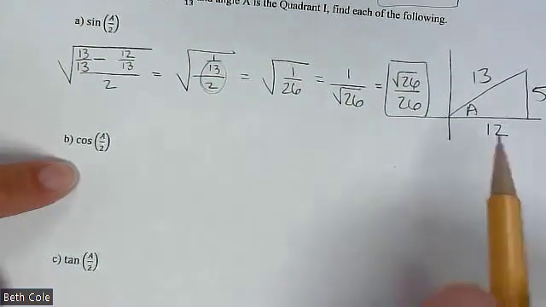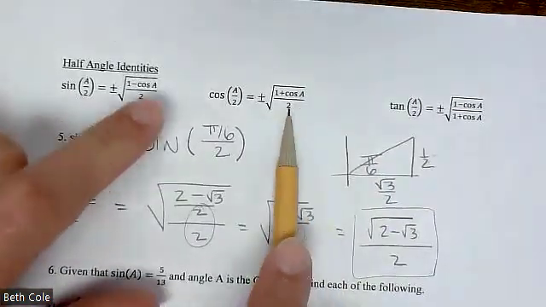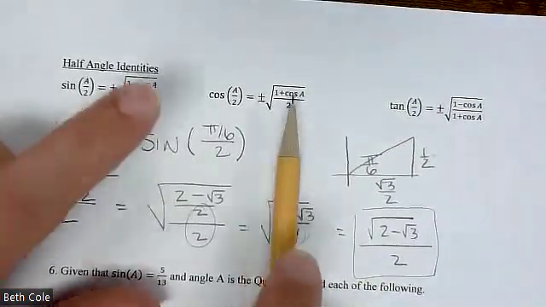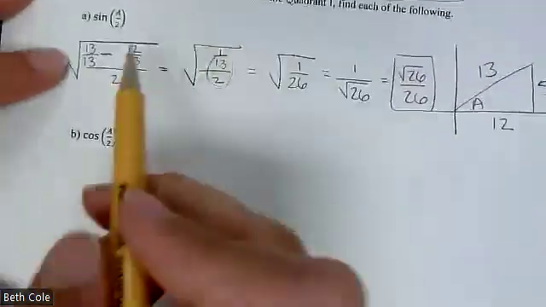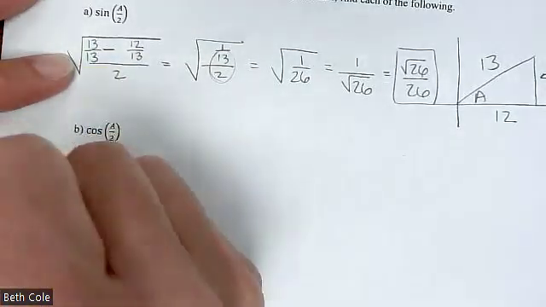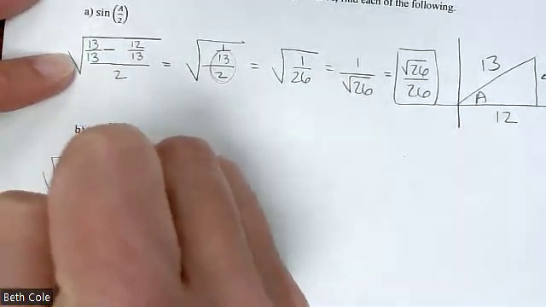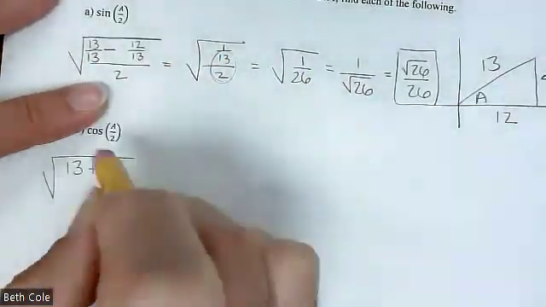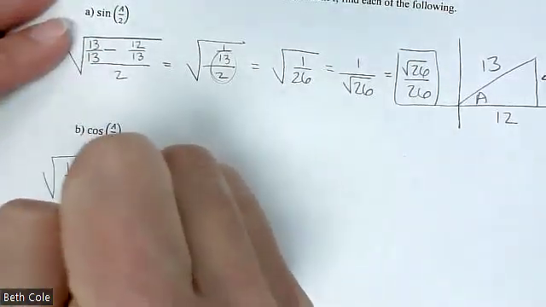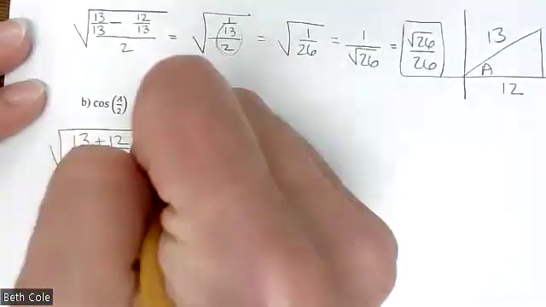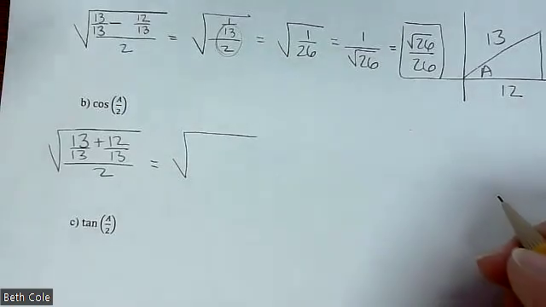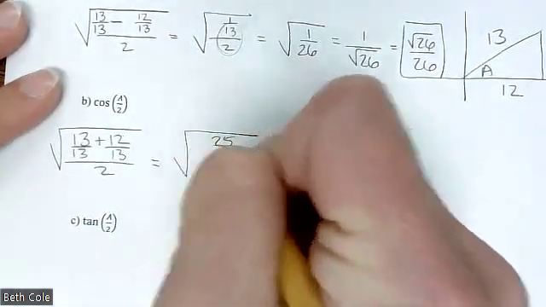Good news for this one, because look at the 2 formulas. What do you notice about these? Compare them. It's the exact same thing, but that has a plus. So what you're going to do is recopy this, but just put a plus in it. And it's going to turn out, you know, a lot the same. So it's going to look like that. So instead of subtracting like 13 minus 12, we got 1. Now you just want to add them together. So 13 plus 12, be 25/13 over 2,